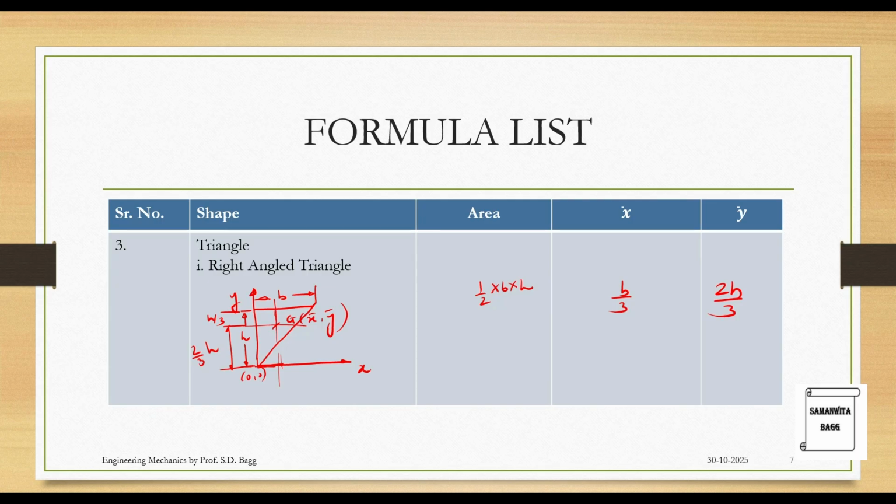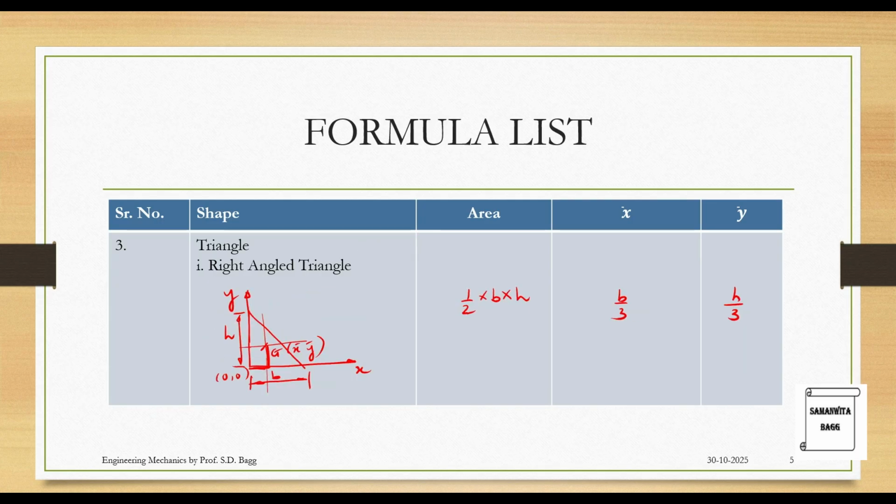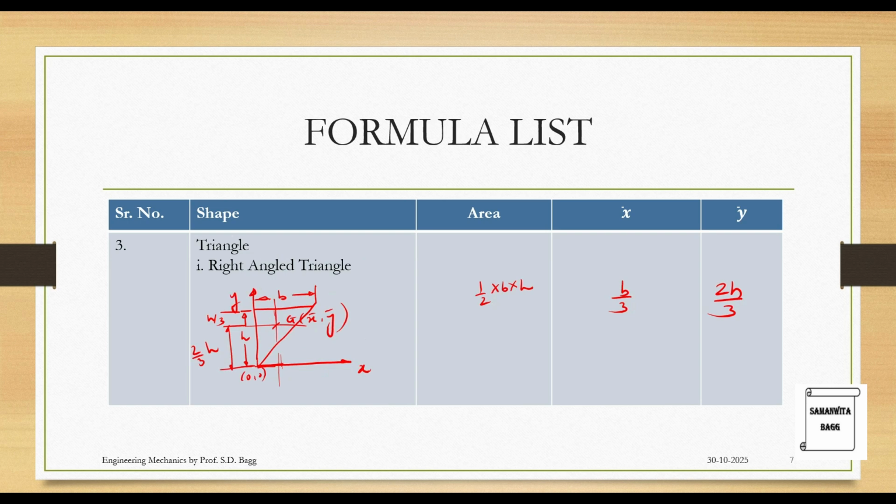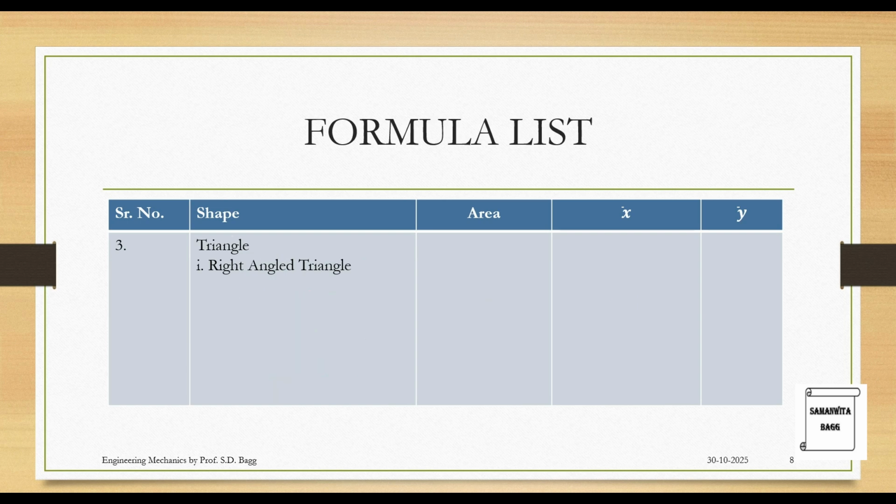So how many right angle triangles have we seen? We have seen one this way, one opposite. Then we have seen one like this, and we will see one more which is of this form. So this is x, this is y, this is 0, 0. And the right angle triangle has to be flipped above. So it has to be in this way.